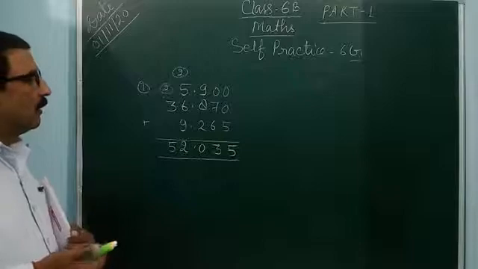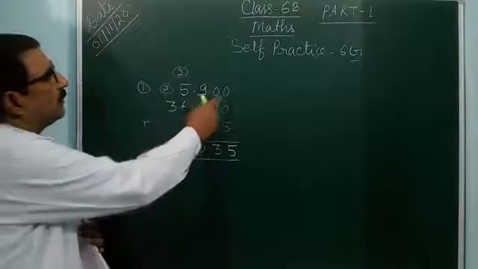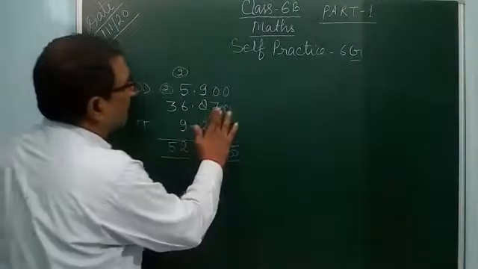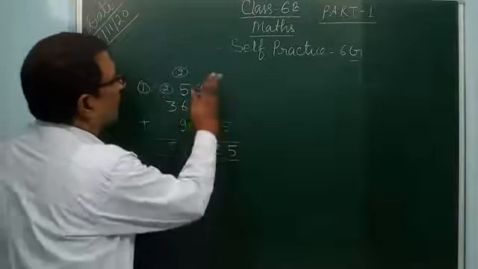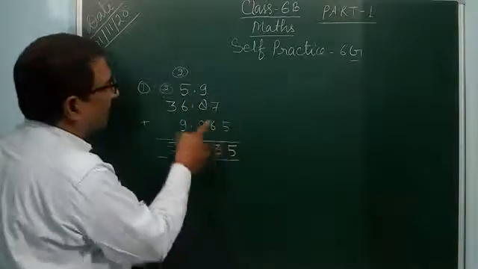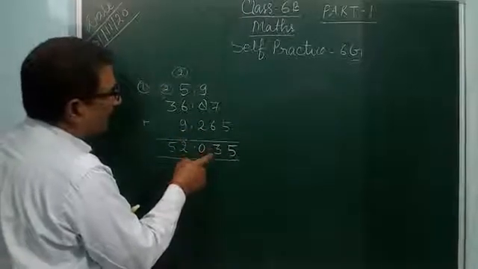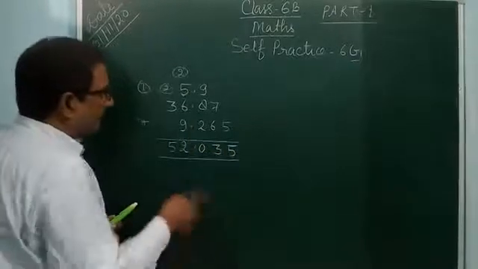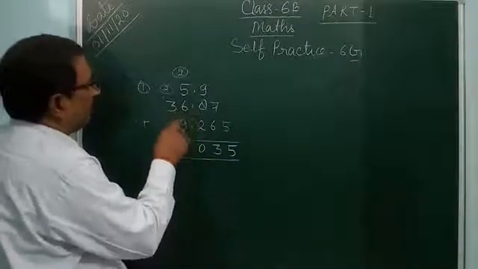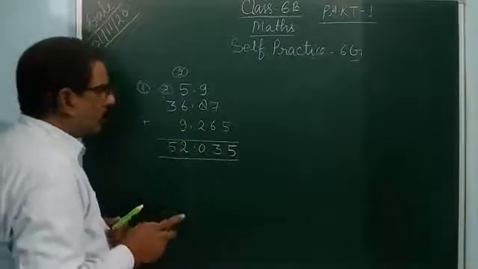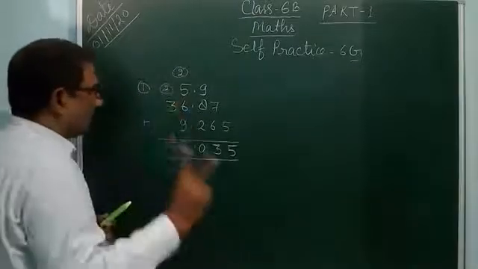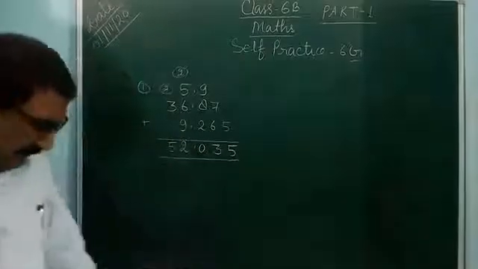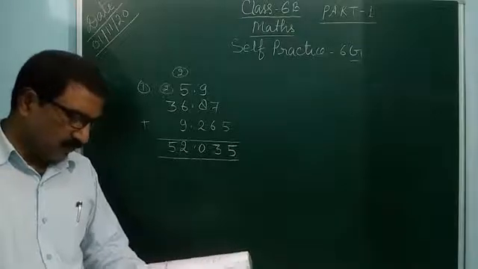52.035. If you want, I put 0 here, changing to like decimals, also you can do. If you do not want to use this 0, also you can do it directly like that: 5 here, 7 and 6, 13, 3 here, 1 carry, 8 and 2, 10 and 1, 11, 11 and 9, 20, 0 here, 2 carry, 9 and 6, 15 and 5, 20, 20 and 2, 22, 2 here, 2 carry, 3 and 2, 5. So 52.035. Like that you can do the second, third and fourth questions yourself.